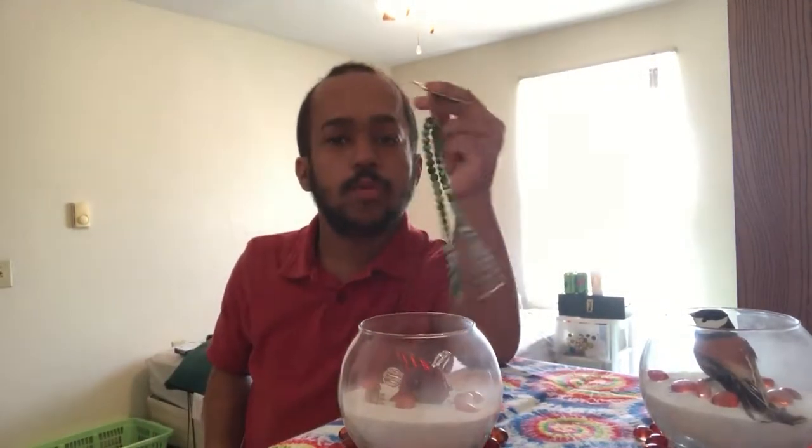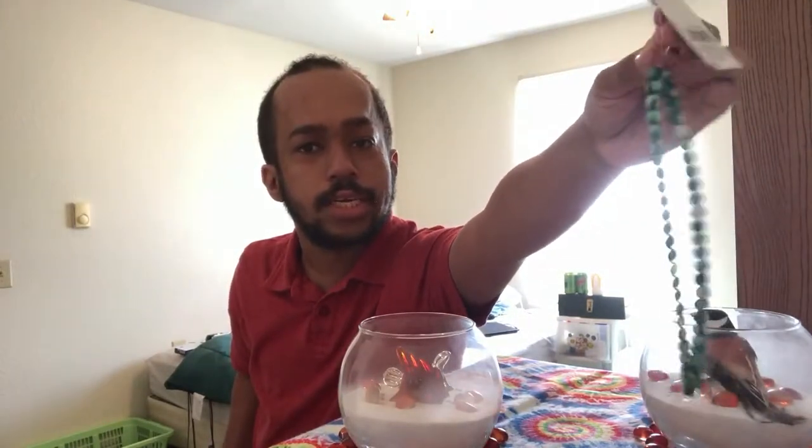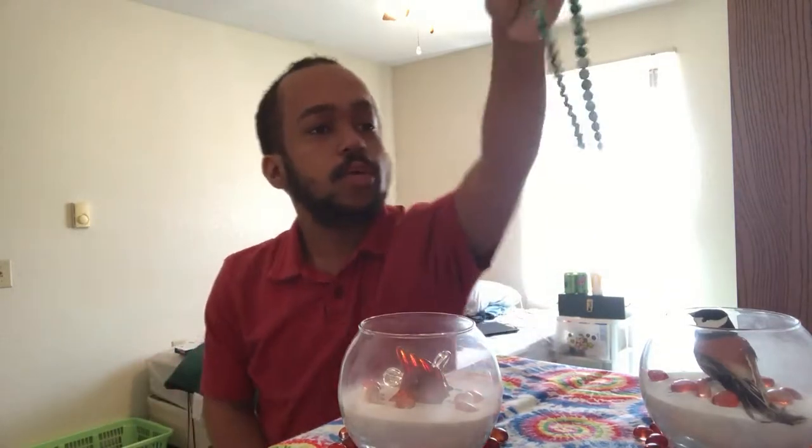I'm trying to decide what I want with this. Should I get like a little hook? If I got one of those little standing hooks or something like that, then I could hang it up. Maybe. Ooh. Ideas are forming. What if I had one of those banana hooks, but not just a fancy little hook? I'll put it right behind here. And then, you know,